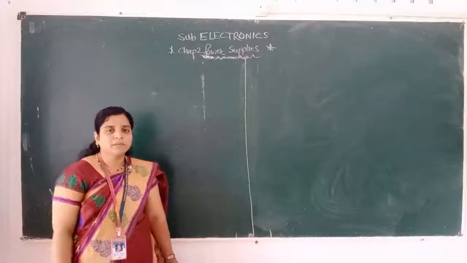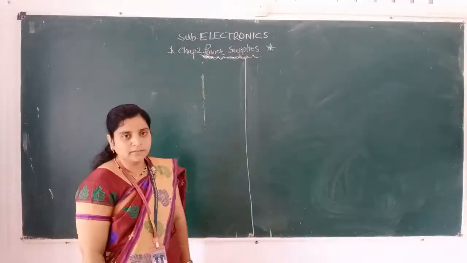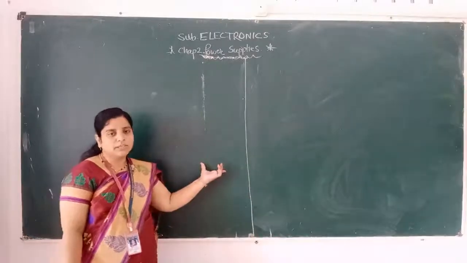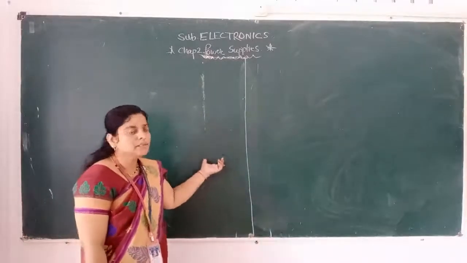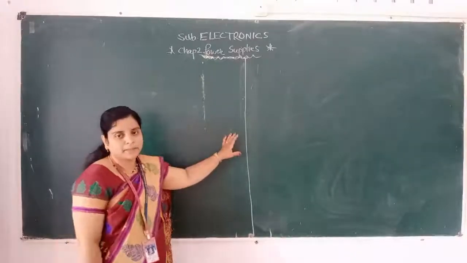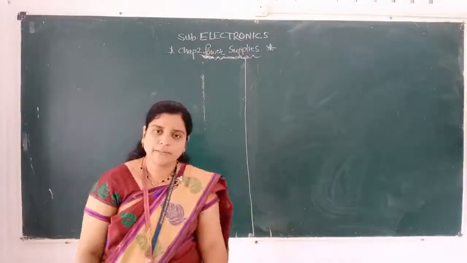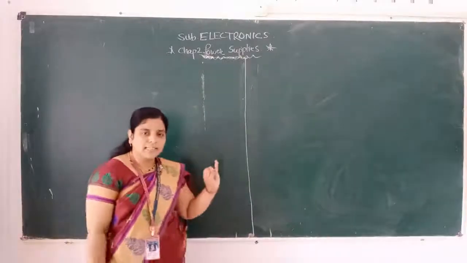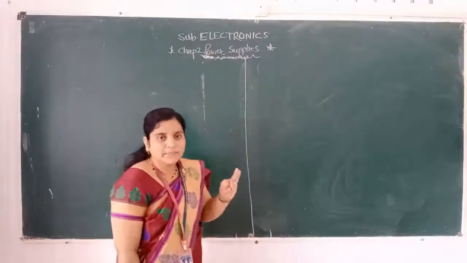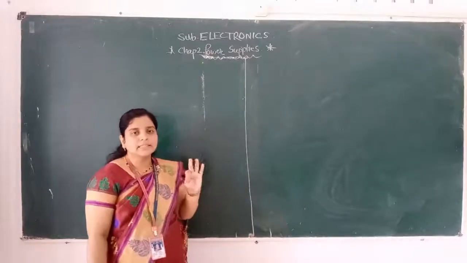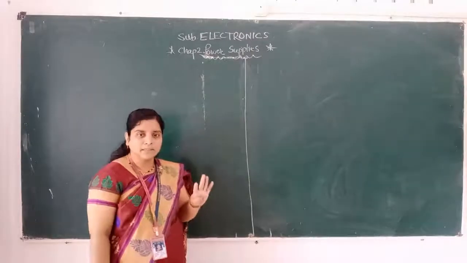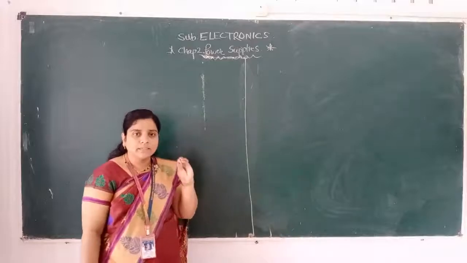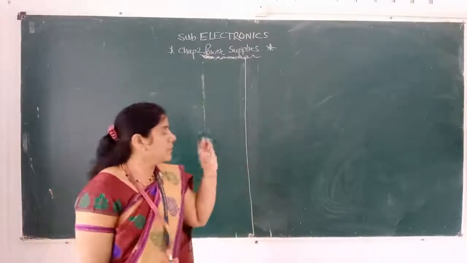We have completed the Modern Electronic Communication chapter and have started the new chapter, power supplies. In the last lecture we saw the basic block diagram of the power supply. Which blocks are there in the power supply? Yes, first is transformer, second is rectifier, next are filter and regulator. These basic blocks are very useful in this chapter.